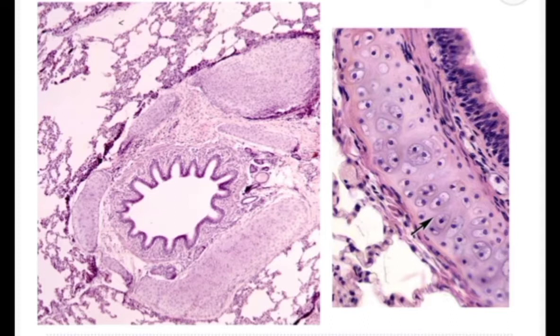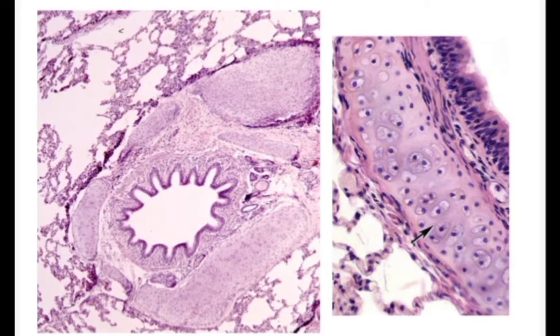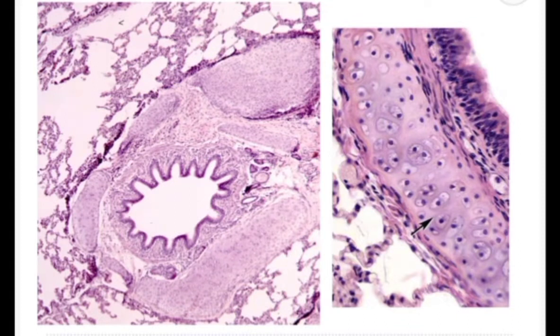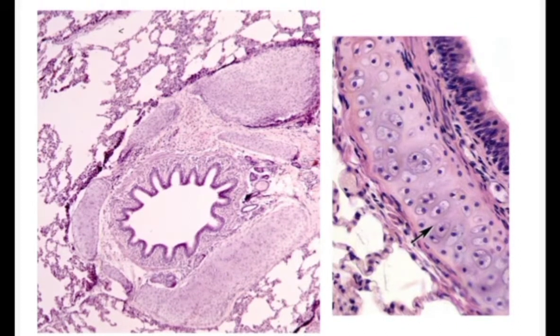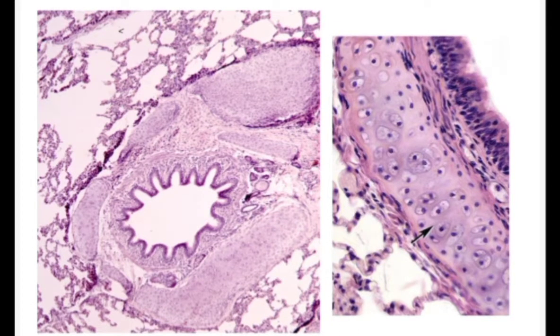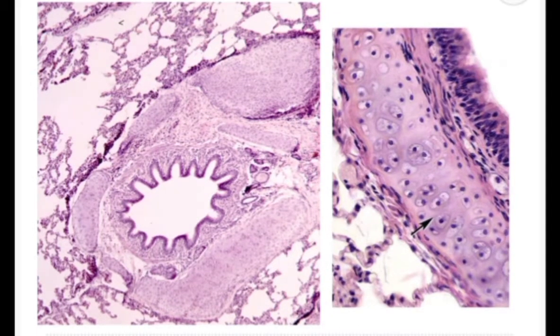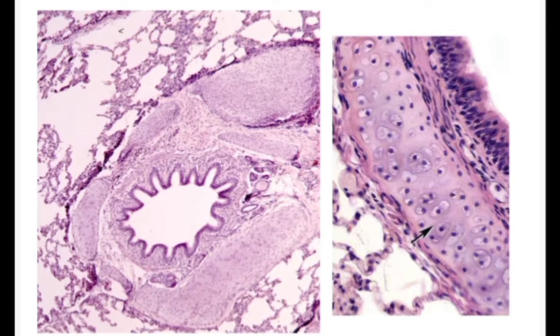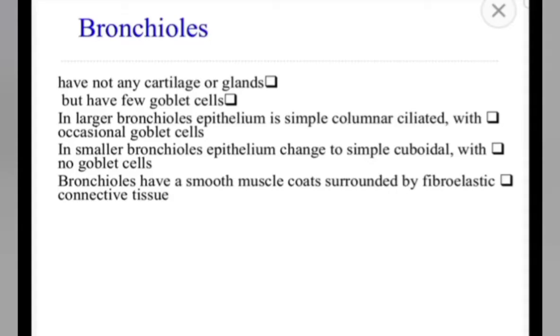Can you see, this is the cartilage. This is pseudostratified columnar ciliated epithelium, the lamina propria and the submucosa, and in the submucosa is present the hyaline cartilage. Can you see the chondrocytes which are present in their lacunae, forming the isogenous groups, and on both sides of the cartilage we have the perichondrium, which is the covering of the cartilage, and then the adventitia.